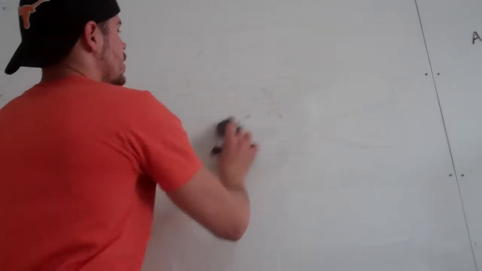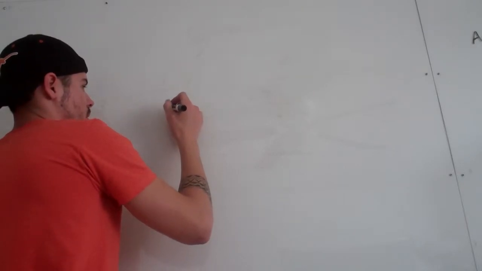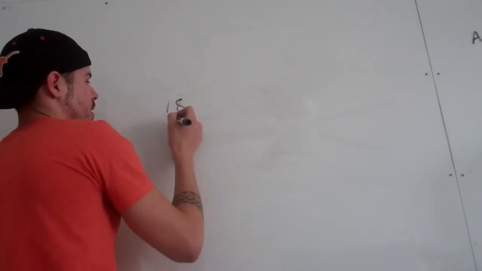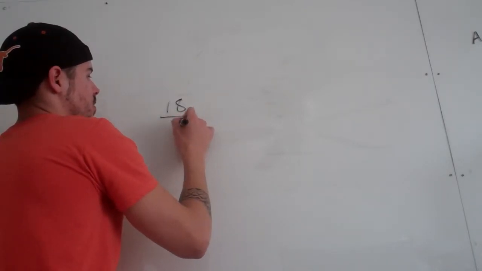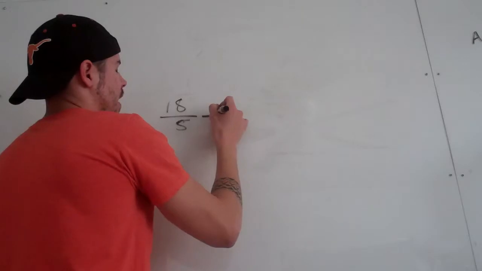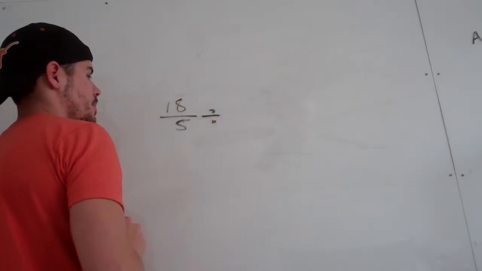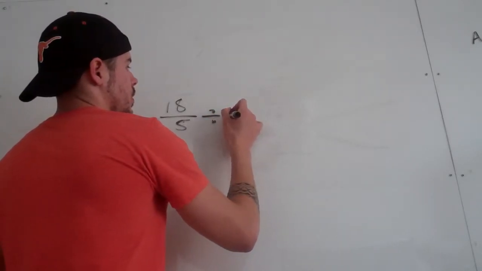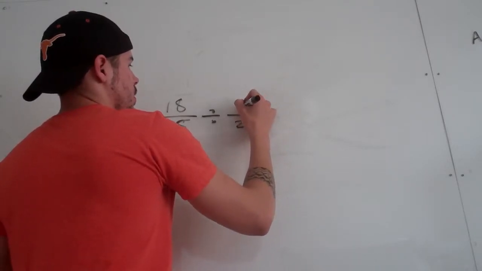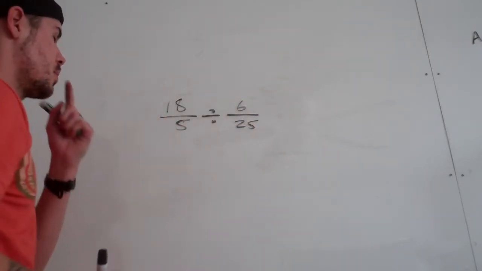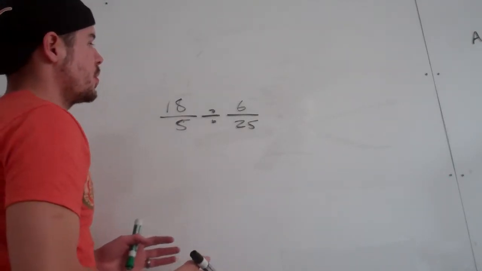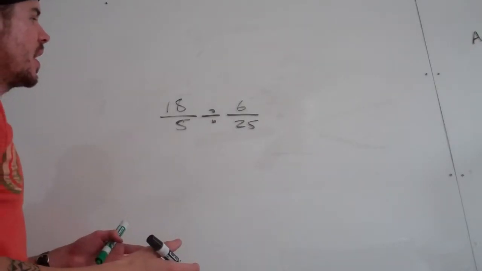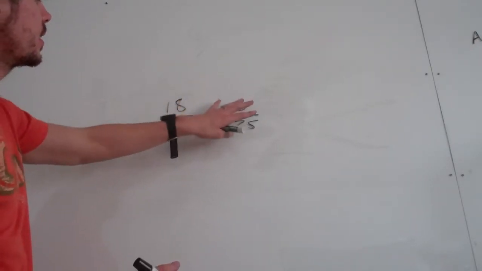The good thing about doing it the other way is that it's easier to see something like 18 over 5 divided by 25 over 6. It's easier to see where we can simplify everything, because remember, we can simplify this expression here by